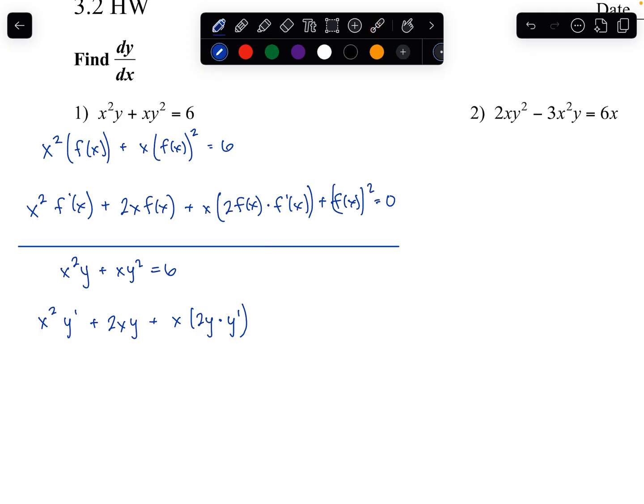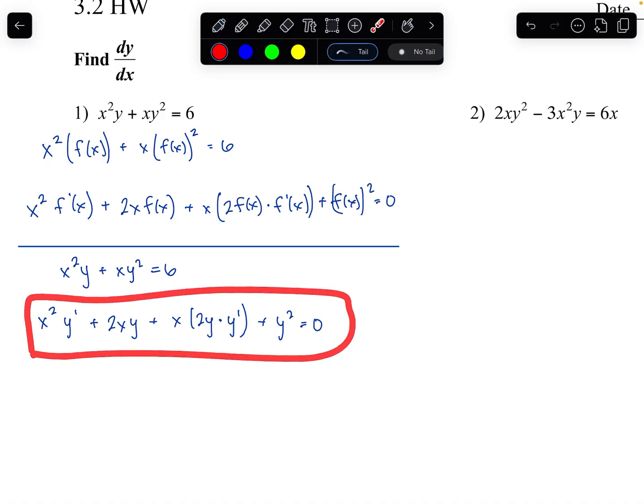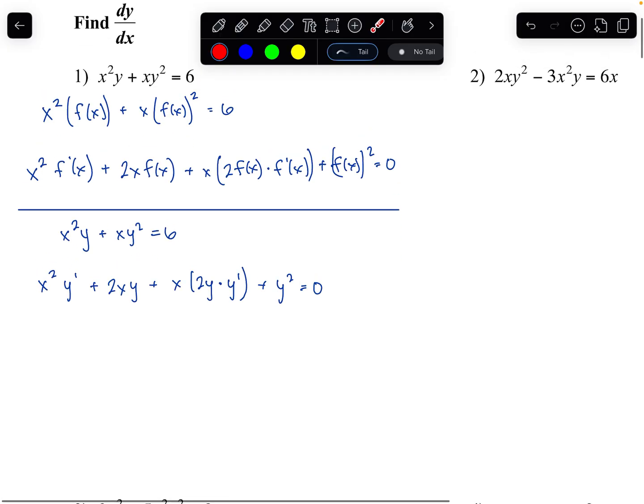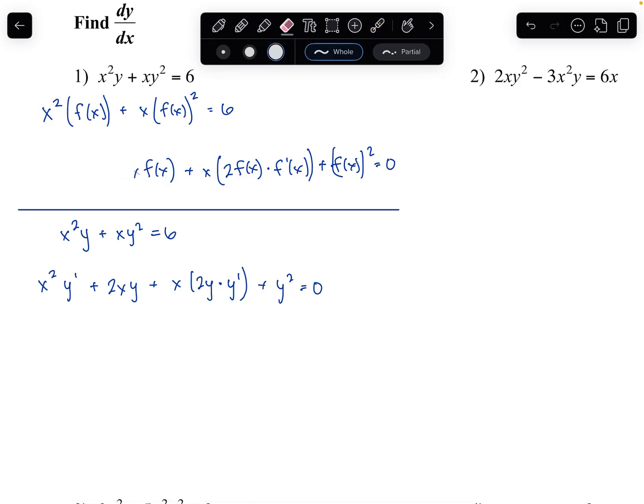And then plus, we'll take the derivative of x, and that's 1 times the second, so y squared, and that's equal to 0. So that's the tricky part when you're just using variable notation: the temptation to take the derivative of y as if you're taking the derivative of x, which is something you don't want to do. Okay. Now that we had that super long explanation,